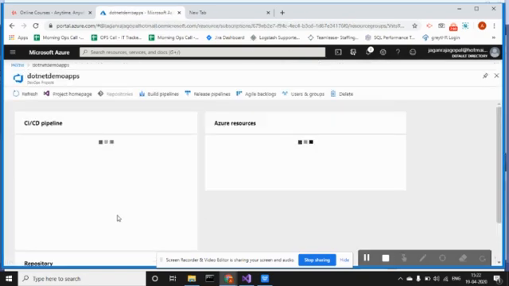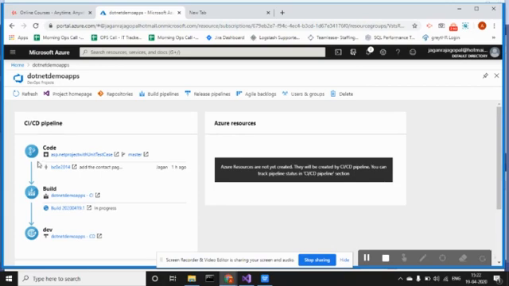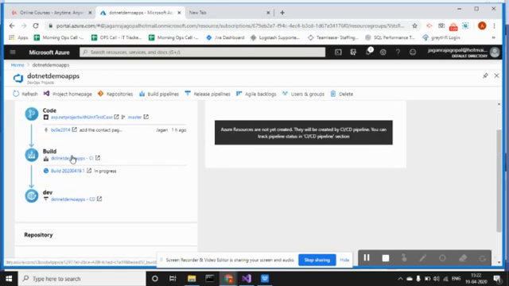Okay. So in my DevOps project, my CI/CD pipeline is created. So this is my project, which I have mapped while creating the apps. I mean, the application asks where your code is located. So this is the project, and it started the build. See here, it pulled the code and it started building. Right now it's building the project. Once it's done building the project, it will deploy. So CI and CD is deployed. After deploying, it will deploy into this resource group. Okay. So still this is in progress, build in progress.